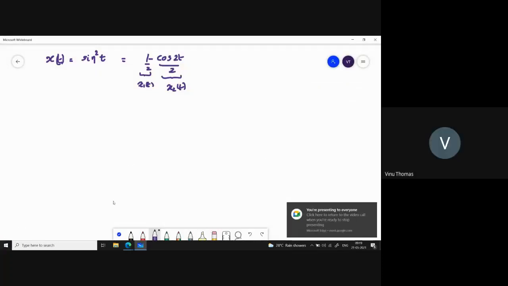Okay, right. So we were looking at x of t is equal to sine square t. You can write sine square t as 1 minus cos 2t by 2. As before, this first part you can call x1t, and the second part you can call x2t. Now, what is the periodicity of x1t? It's something that we had looked at yesterday also. This is the DC component. What is the periodicity of x1t?